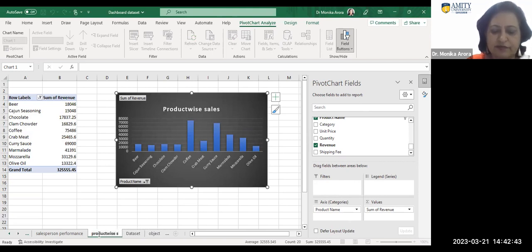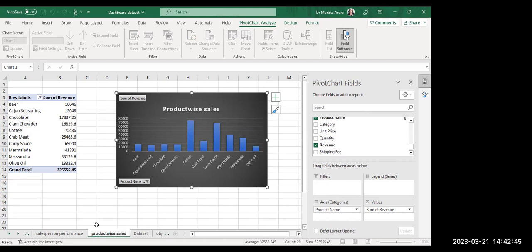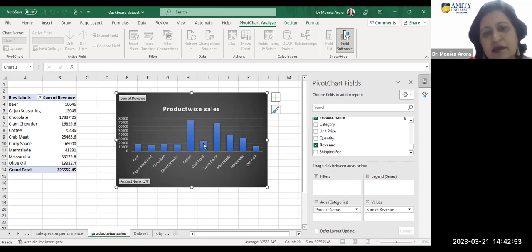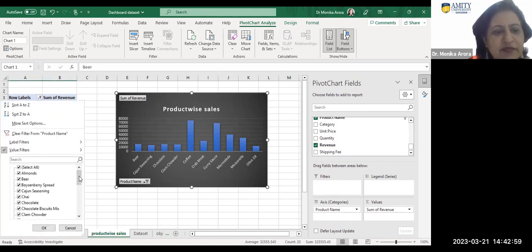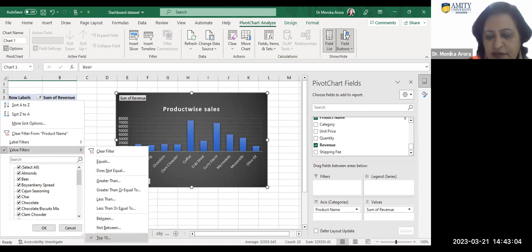Ma'am, do we also have an option of selecting, suppose I wish to know which are the products which are doing very low, the lowest 10 or something like that? Yeah. I think that must be there because I am not able to see the other options. Let's see. So there is a value filter. You can go to the value filter. I think there must be